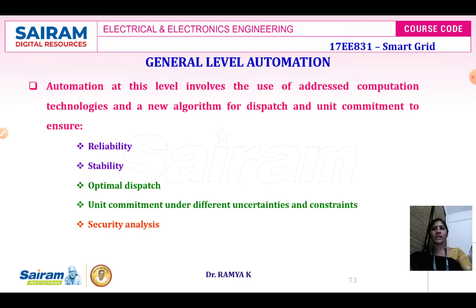Next is going to be your security analysis. Under security analysis, power system security is going to have a major impact because it detects whether the power system is in a secure state or in an alert state. Secure state implies that the load is going to be satisfied and no limit violations will occur under the current operating condition. And in the presence of unforeseen contingencies like unexpected outages, the alert state implies that a particular limit would be violated or the load demand cannot be met.